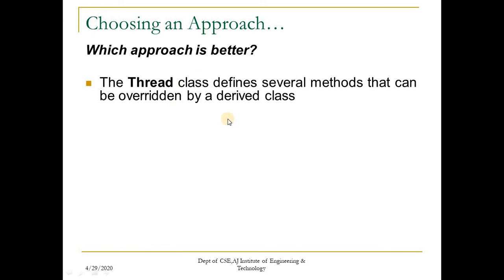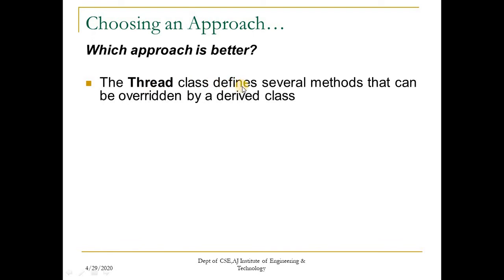because for the start method we are not changing the implementation, we are just calling that start method. But in the run method we are providing our own action for the thread. So the run method is overridden, but we are making use of both the start and the run method of the Thread class in the derived class.